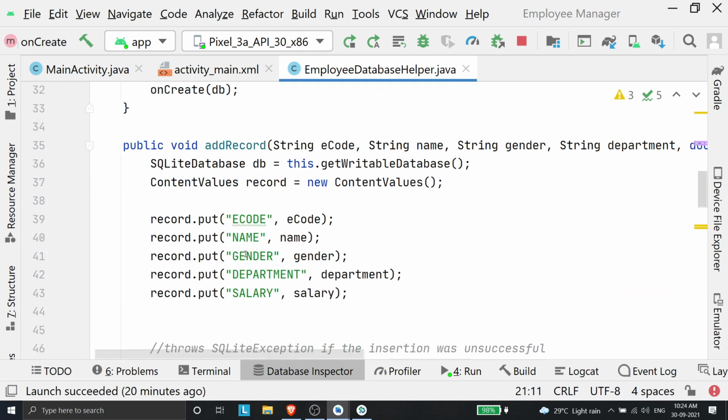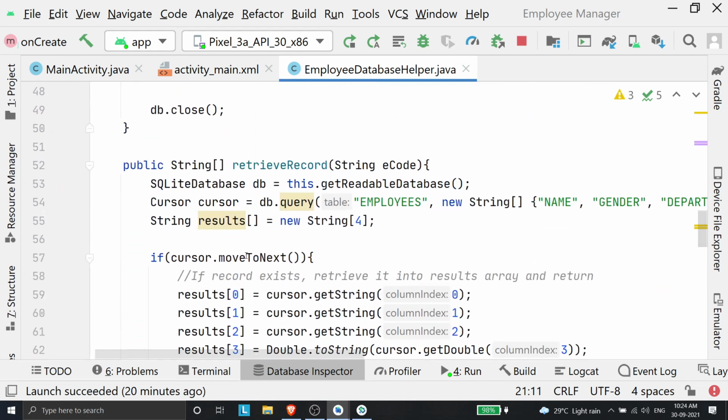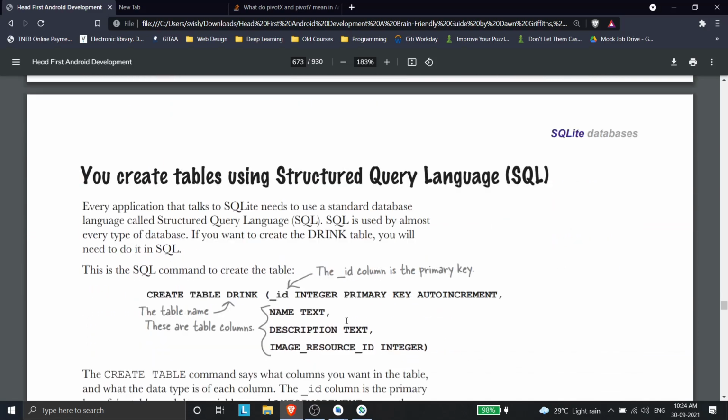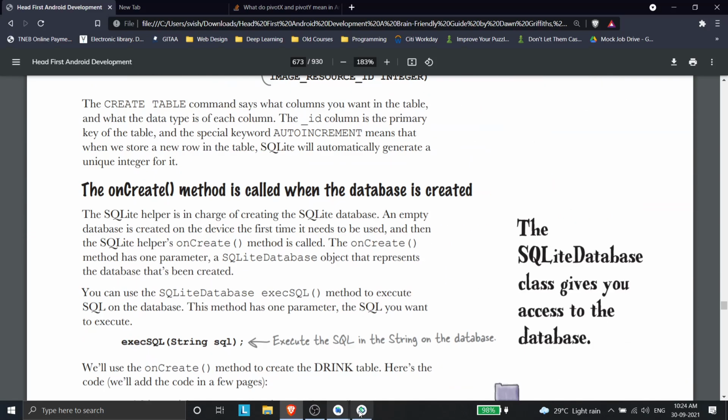And we'll go into add record, retrieve record a little bit later because I'll first of all explain the syntax for the other applications, like for the other UI components and intents, other stuff first, and then we'll move on to this part. So that's it for database right now. We'll go back to this a little bit later.